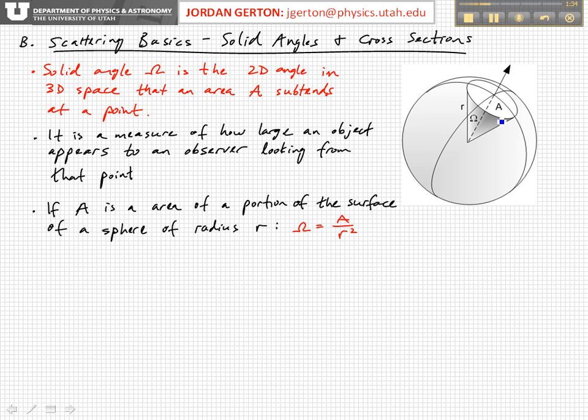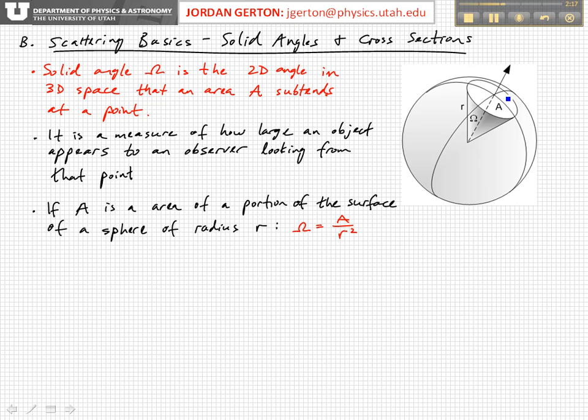So in some sense it's a measure of how large an object appears to an observer looking at it from a particular distance away. If you have some really small object but it's very close to you, then it can have a very large solid angle with respect to that point. And similarly, a very large object that's very far away can have a very small solid angle subtended at a particular point. Okay. So if A is the area of a portion of a sphere, as I've indicated here,